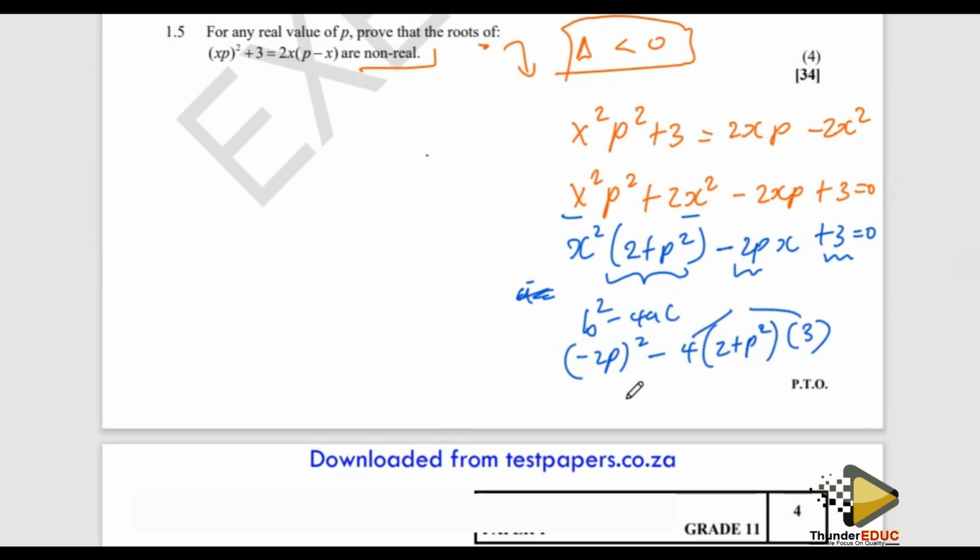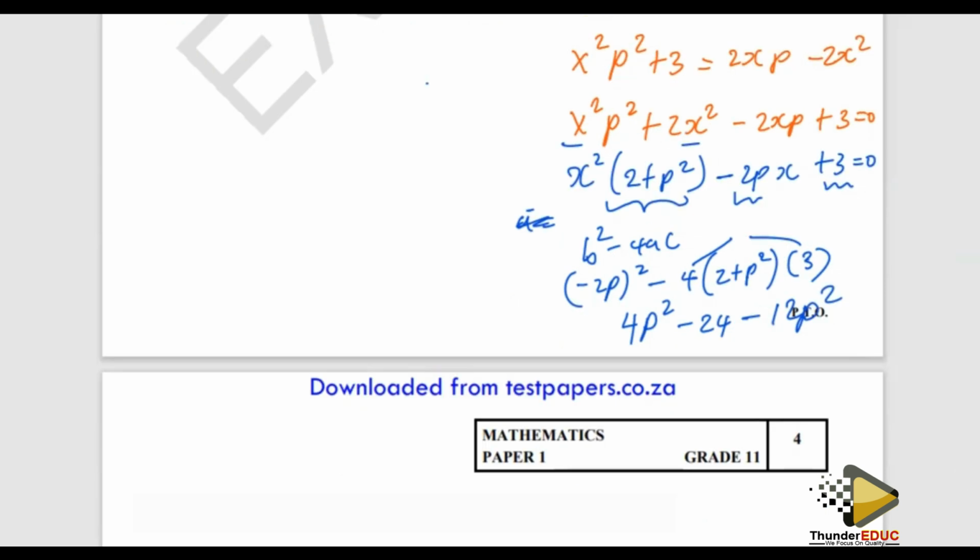So when I simplify that, I have 4p squared. 4 and 3 gives me a 12. We said minus 12 times that, that's a minus 24. And then minus 12 and that, I'm getting a minus 12p squared. 4p squared and 12p squared, those are like terms. Let's simplify them. So I have minus 24 minus 8p squared. Now we can see